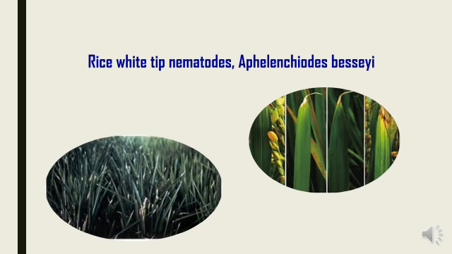This nematode can be controlled by applying the following techniques. We can go for sun drying of seeds after harvest for 2 consecutive days. Seeds can be soaked in cold water followed by hot water treatment at 52 to 55 degrees Celsius for 15 minutes. Use of certified seeds, destruction of infested stubbles and weeds, and burning of the stubbles of previous crops. Early planting if the rice season is preceded by a cooler period. Use of resistant varieties, spraying of chemical nematicides, and seed treatment with biocontrol agents like Pseudomonas fluorescens.